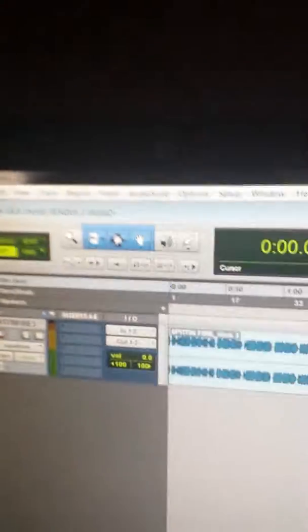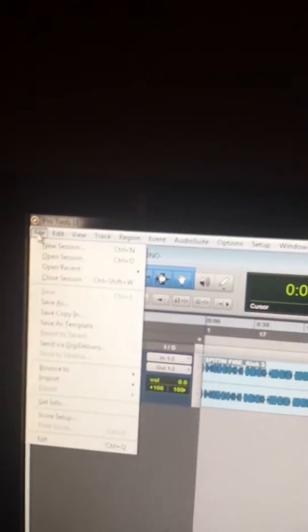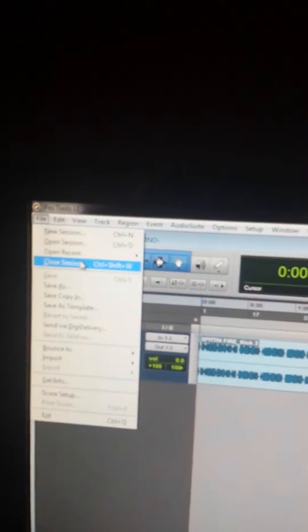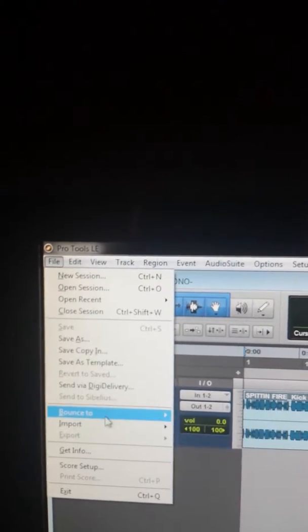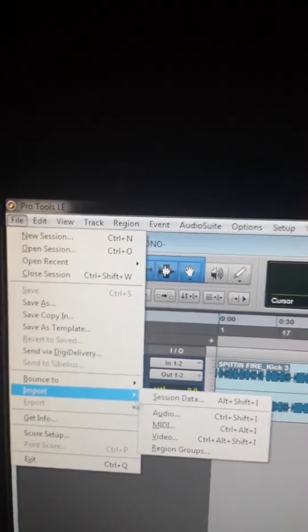Okay, now I got Pro Tools opening up here. Let's just click on this one for now. Alright, now to import your audio that you just rendered from Fruity Loops into your digital audio workstation here. Could be Pro Tools, could be Ableton, could be Mixcraft, Cool Edit Pro, anything, it doesn't matter. Okay, go down File, Import Audio,